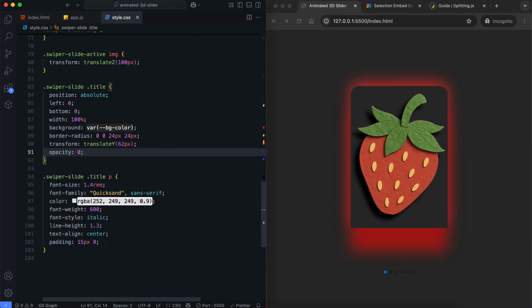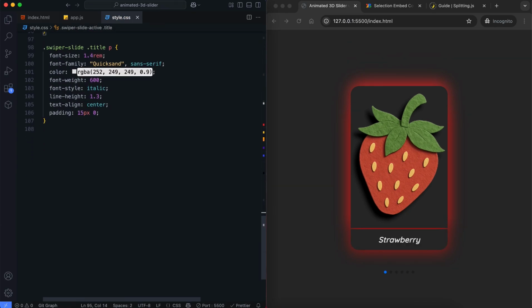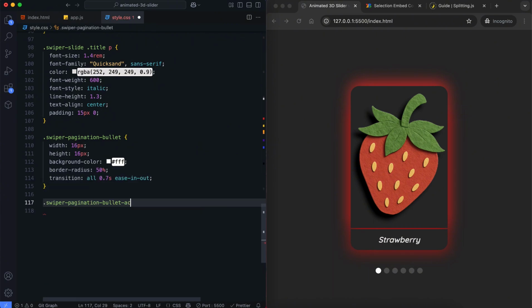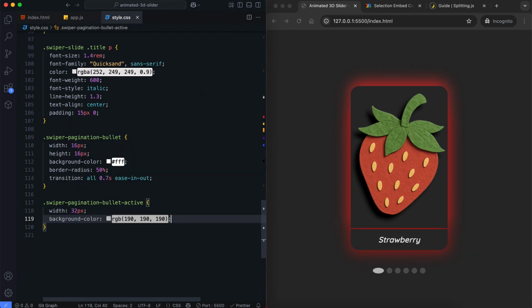This title box is hidden on inactive slides. It only becomes visible on the active slide. We also style the pagination bullets at the bottom of the slider. The active bullet becomes larger and changes color for better visibility.